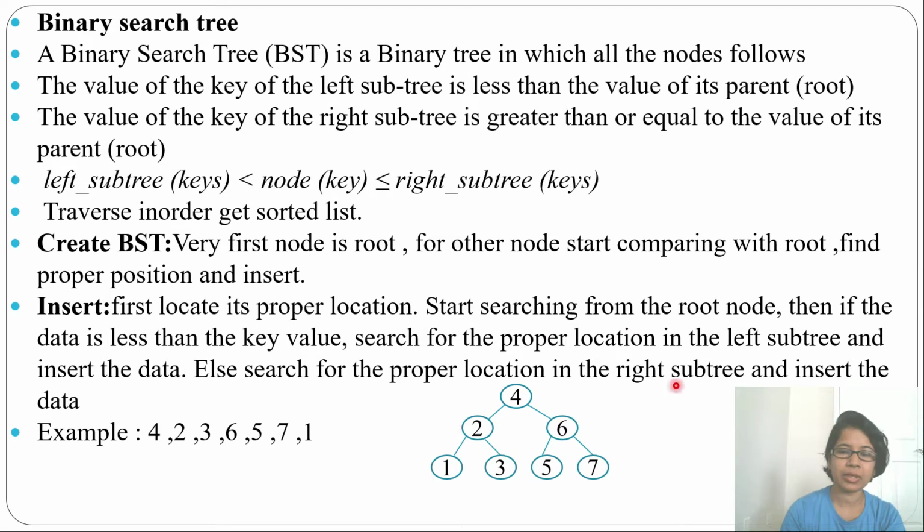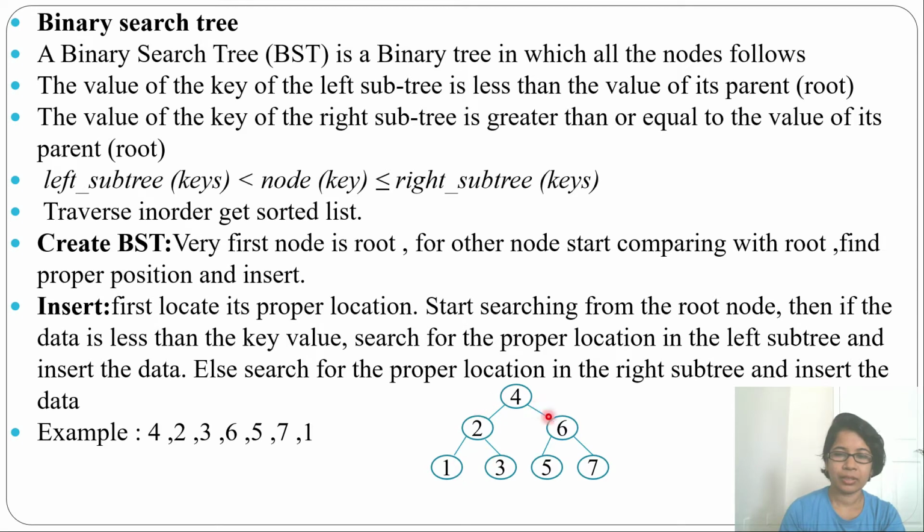So like this you can create a BST. You just need to insert at the proper position. You have to compare with the root, then its left subtree, and mark that all the left subtree is less than the root, all the right subtree is greater than the root, and even in a subtree the left child is less than the parent and the right child is greater than the parent. So it can be greater than or equal to.